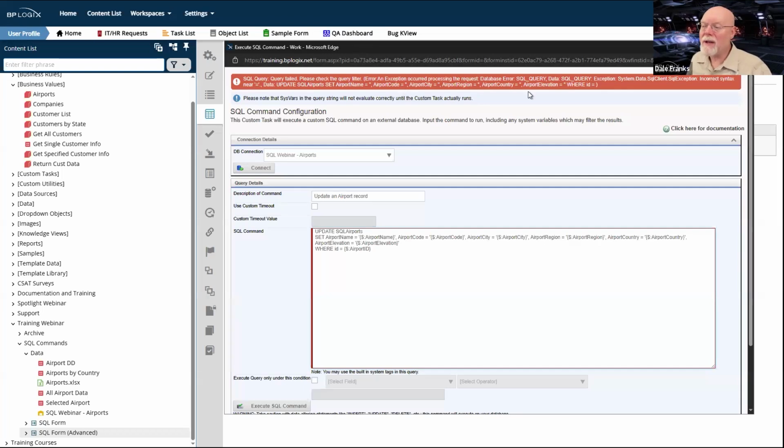And so this tells me I don't know what you're going to do. You're saying set airport name equals blank, code blank, blank, blank, or ID equals nothing, because this is a numeric field. So where ID equals just null, nothing, blank, it has no value. It does not know what I'm trying to do. So it's just going to send an error back to me.